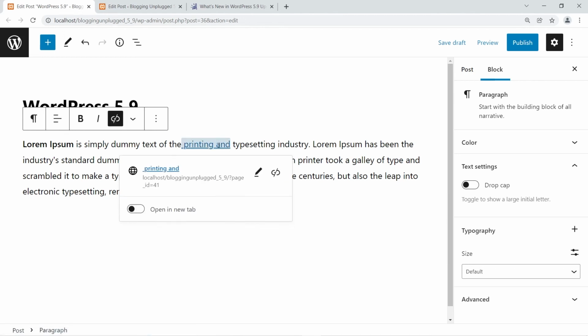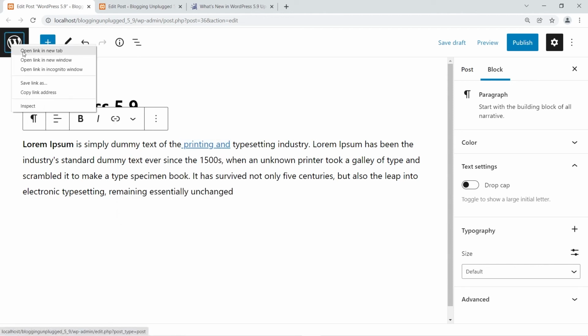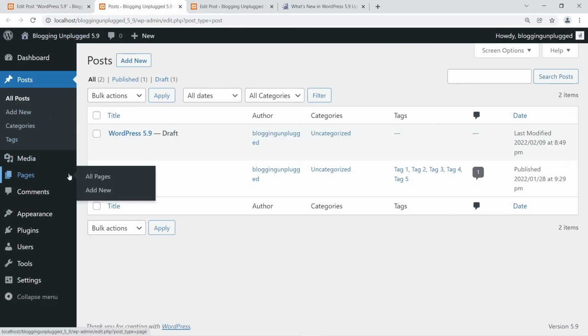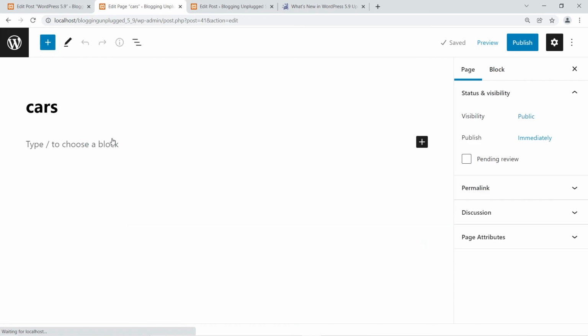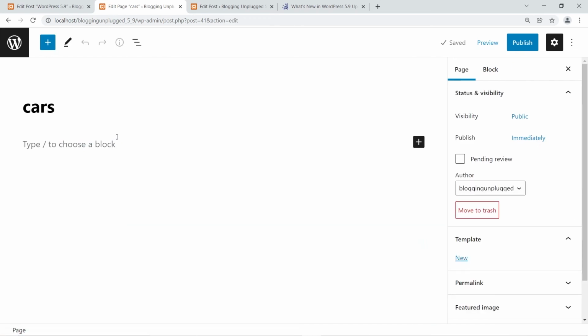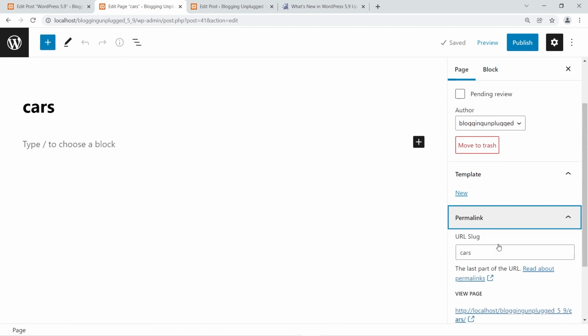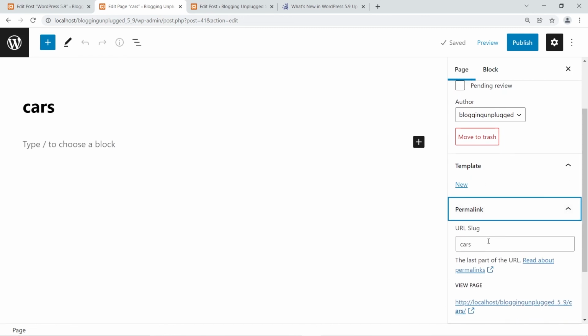Now this link basically corresponds to a page ID that has already been created in drafts. So let me just go to drafts and see it for ourselves. Now this cars page has already been created. Okay, so the thing here is that when I edit this page, it will create a slug for it. Let's just click. It has assigned a slug for it, that is the title, and this is the general WordPress